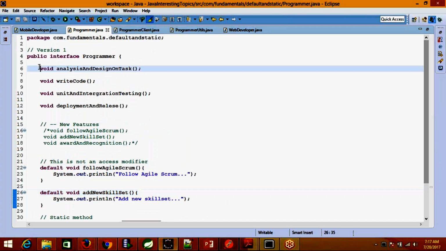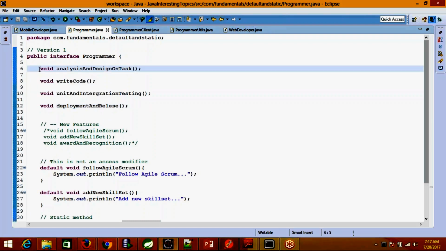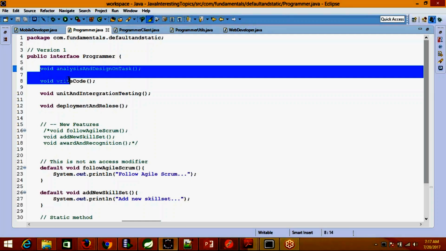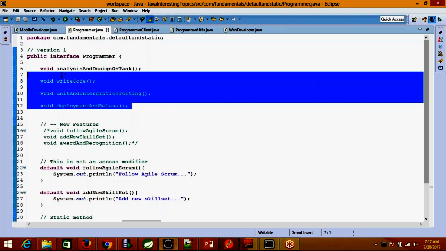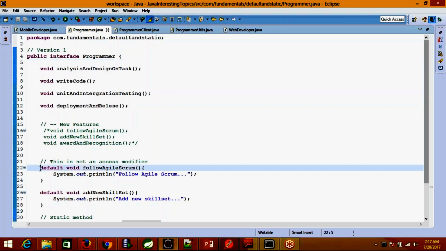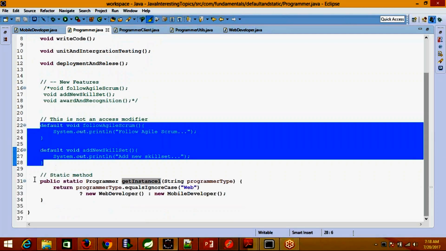You now have the abstract methods. I did not put abstract in front of the method, but that gets added by default with the methods. So in Java 8 for interface, you have abstract methods, you have default methods now, and at the same time we have the static method along with the